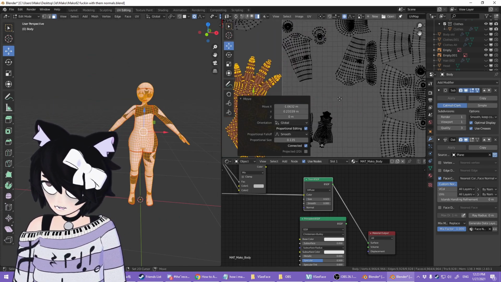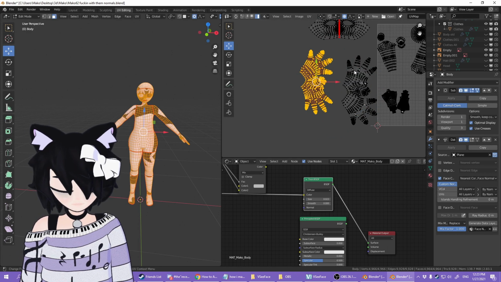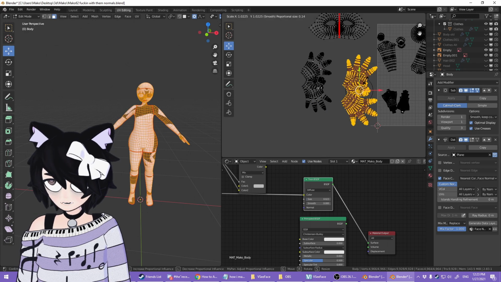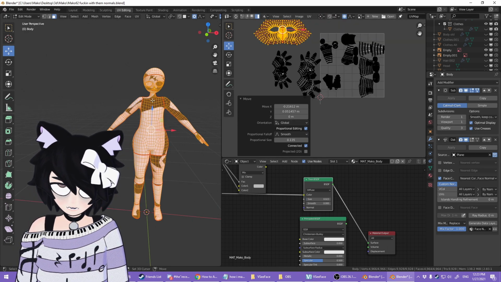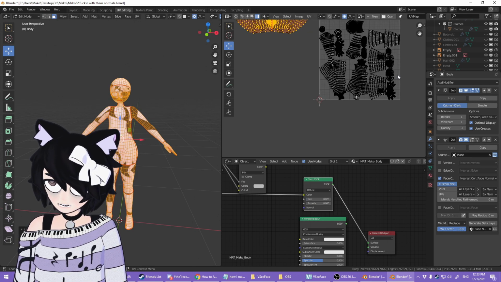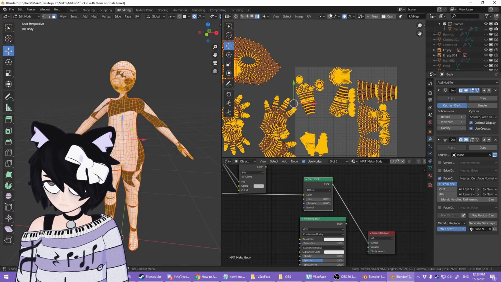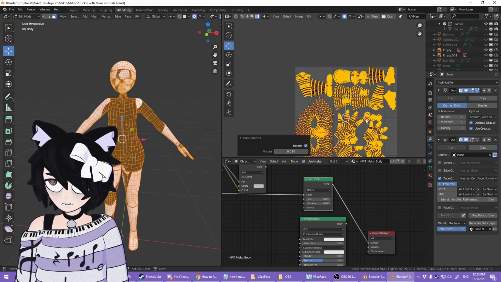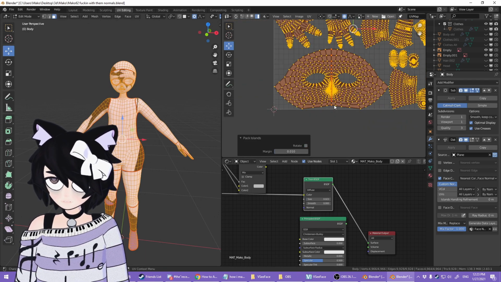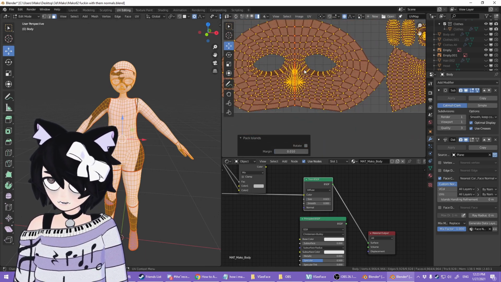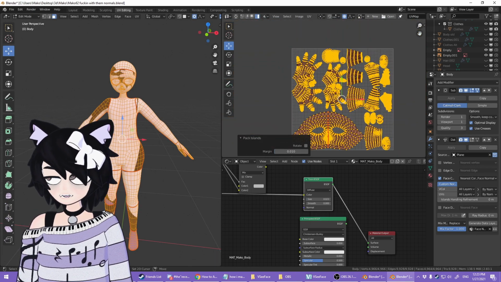So I'm going to get everything roughly to the size that I want it, based on how important I think things are. Hands are pretty important, face is very important. And then what I can do is, instead of re-unwrapping it, because I was just going to resize everything, we can select all, and hit UV, Pack Islands. And we can disable its ability to rotate things, so that it keeps everything in the manner that we wanted it to be when we pinned all those vertices.